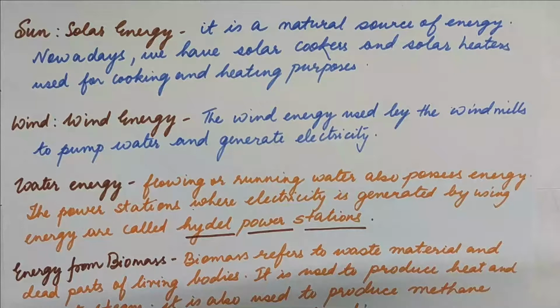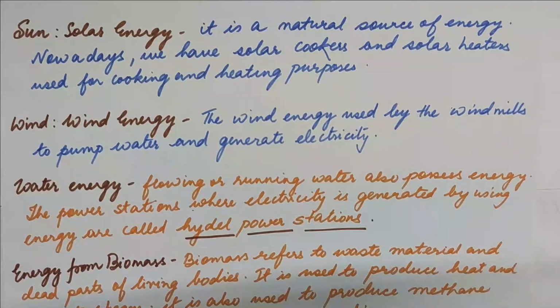Then we move on to the wind energy. Now you know that moving air is called wind, and you might have seen during cyclones or when there is very stormy days, the wind is able to blow away things to very far off places. It can move very heavy sheets, rooftops, etc. So wind is very powerful, children. And the wind energy can be used by the windmills. You might have seen the windmills, and the windmills, they help in pumping the water and generating the electricity.